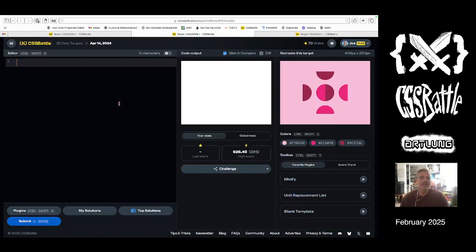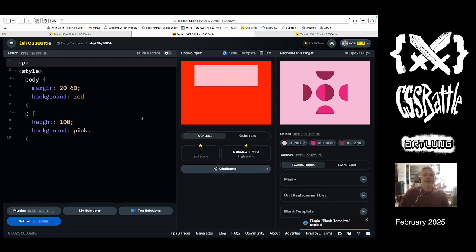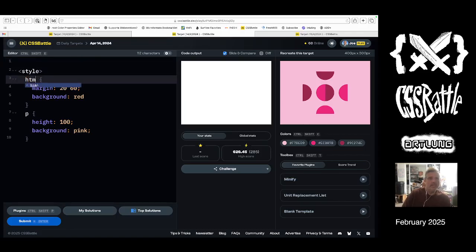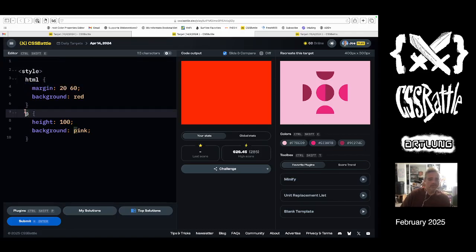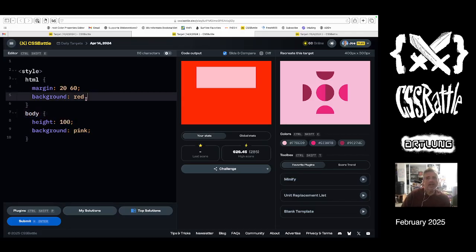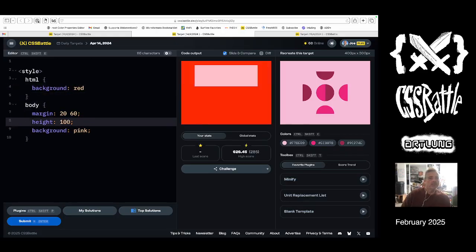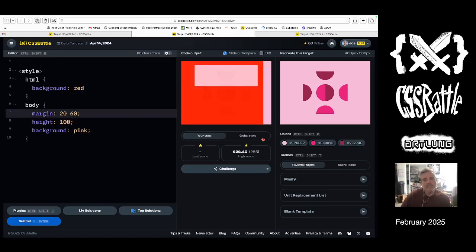All right, next. Okay, definitely like this pattern a lot. I think it has lots of real interesting opportunities on it, and I really appreciate it. Okay, so I think I kind of want to do the HTML body trick. So I will explicitly write out the margins on the HTML and body. But then once I'm done, assuming I can get it done,